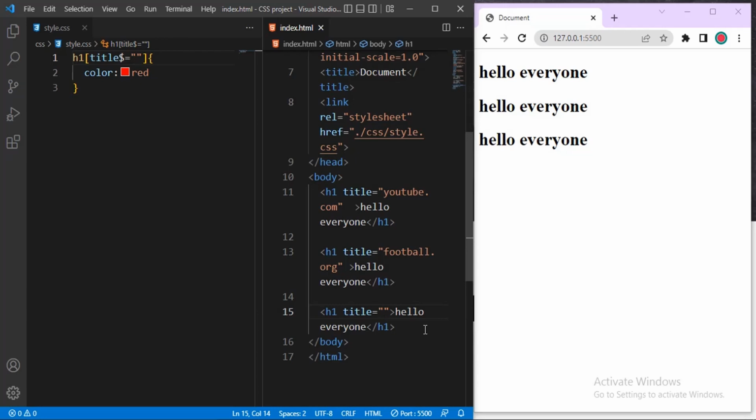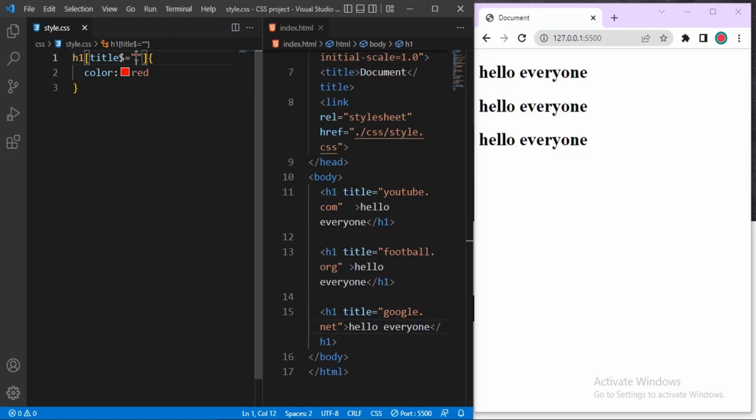Let me say something like google.net. .net is an extension. Okay, so we make use of these three values: youtube.com, football.org, and then google.net. Inside our quotes here, let's add